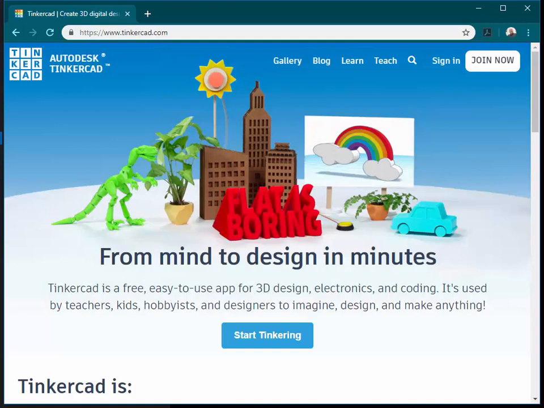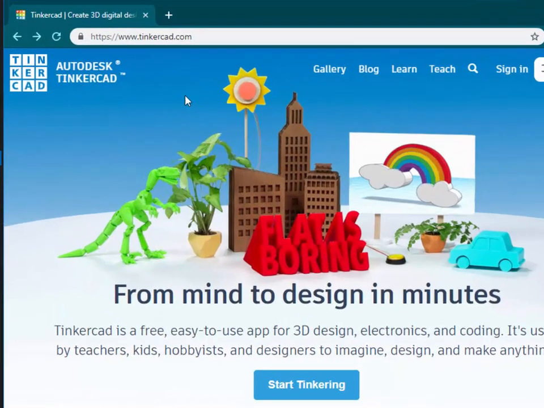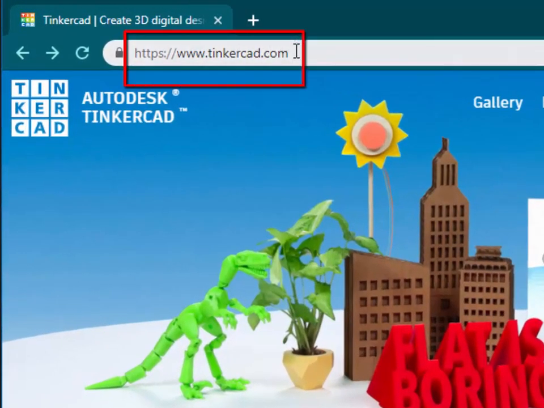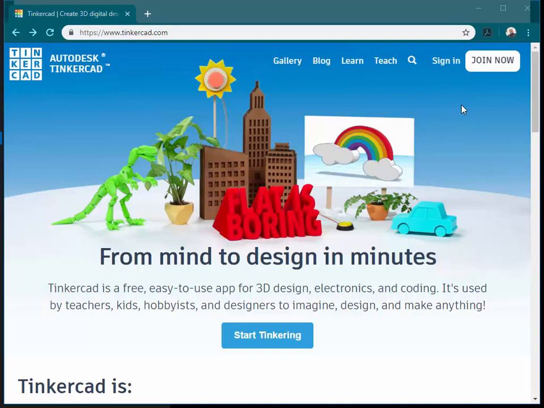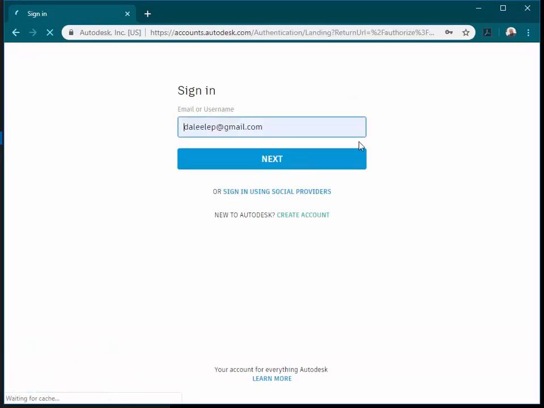Welcome to our first tutorial for using TinkerCAD to create objects for 3D printing. If you've never used TinkerCAD before, start by browsing to the website www.tinkercad.com. If you have used TinkerCAD before, you can proceed by signing in using the login and password that you created